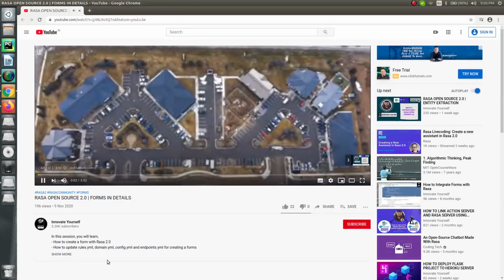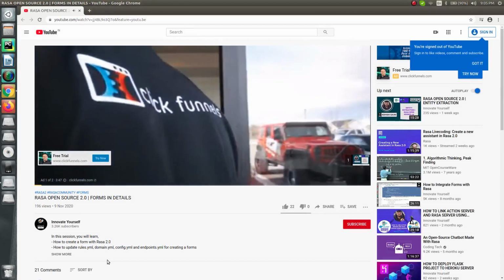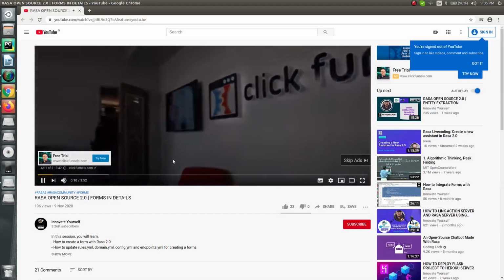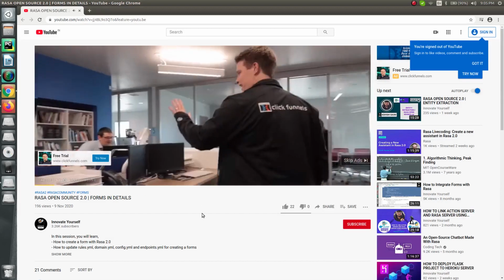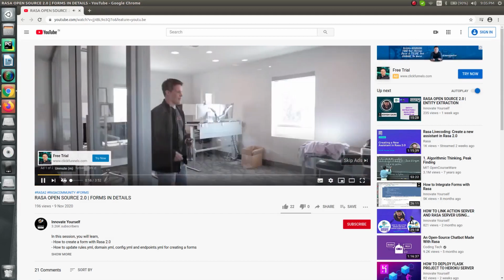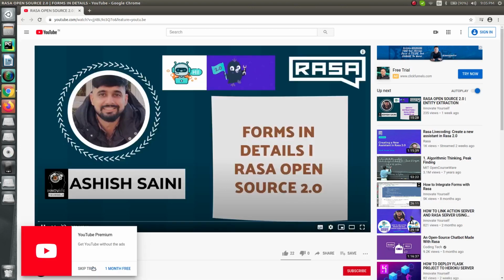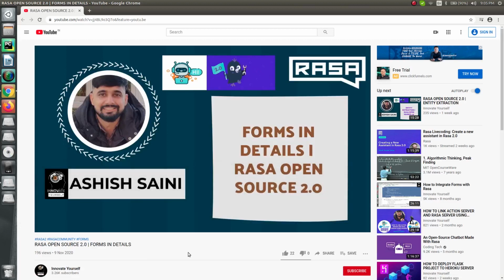As you can see here on my screen, my video is playing. Can you see? I don't have to do anything, it is running automatically. I don't have to click on the play button, it runs on its own, right? So this is how you can run any custom action. I hope you have got a proper understanding of how it works, and now you will be able to apply it to whichever project you're working on. Especially if you are deploying it onto a website, it is really important and beneficial for your project, right? So this is all that you can do in here, and I hope everything is clear to you.